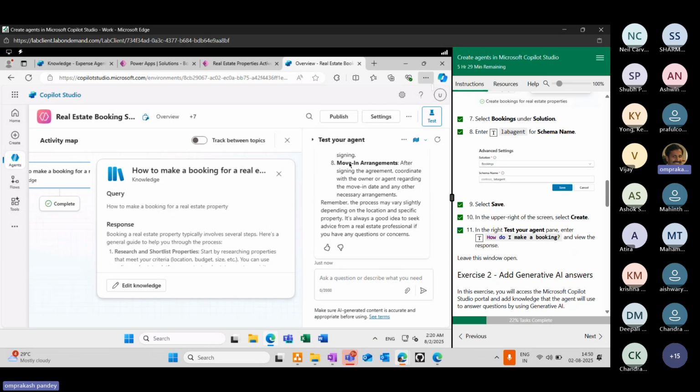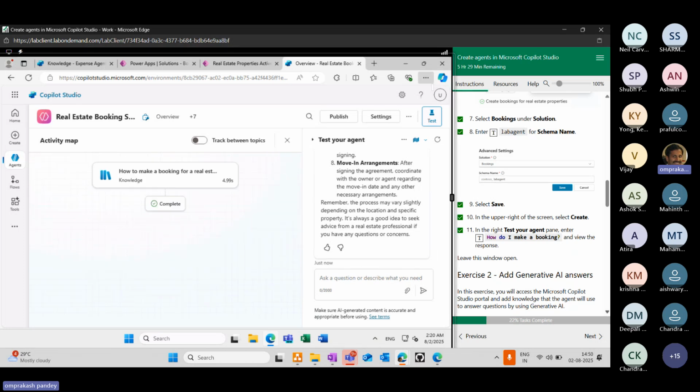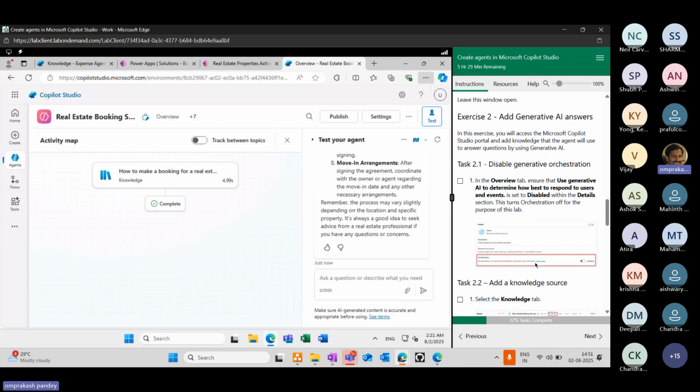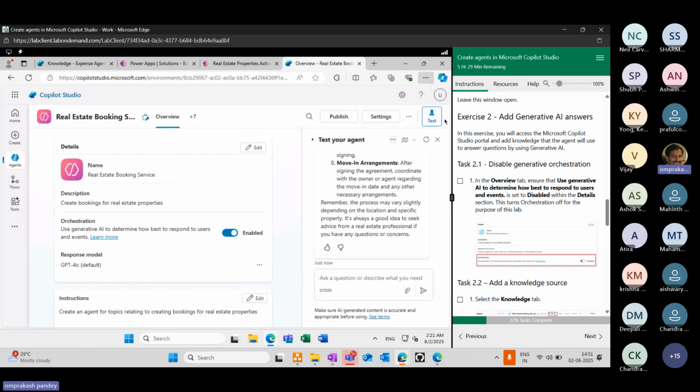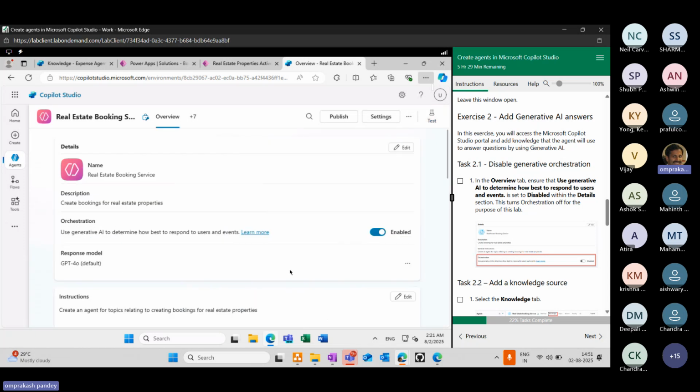So whatever is the generic information, we can see that over here. Let's go to task 2.1, and here it says, Om Prakash, whatever you are seeing right now, all this information,